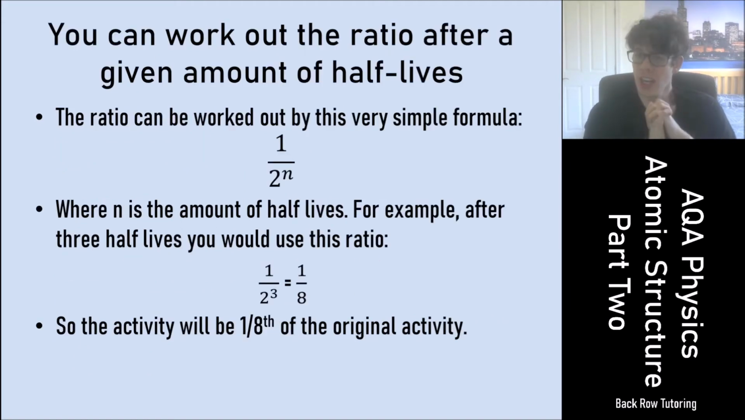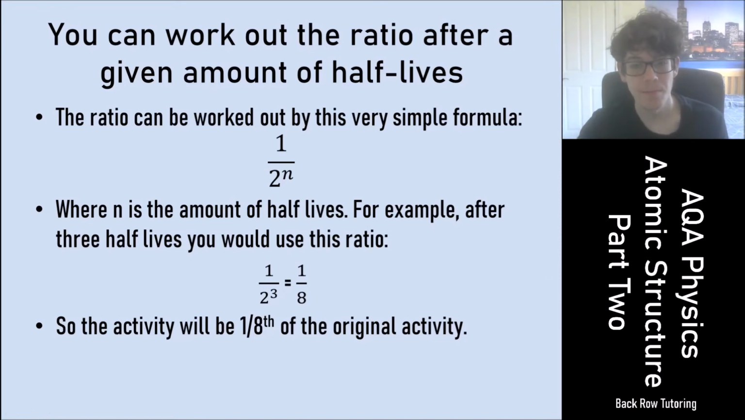There's a little shortcut you can use though to work out the activity ratio after a certain amount of half-lives. The ratio can be worked out by this very simple formula, 1 over 2 to the power of n, where n is the amount of half-lives. For example, after 3 half-lives, you would use this ratio. 1 divided by 2 to the power of 3 is equal to an eighth. So after 3 half-lives, you raise 2 to the power of 3, so the activity will be 1/8 of the